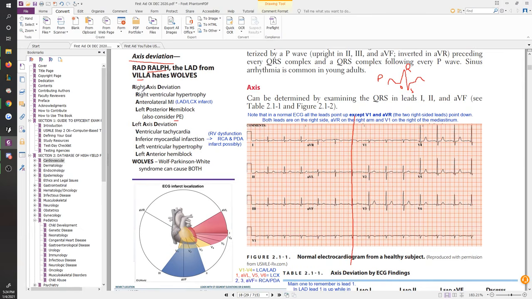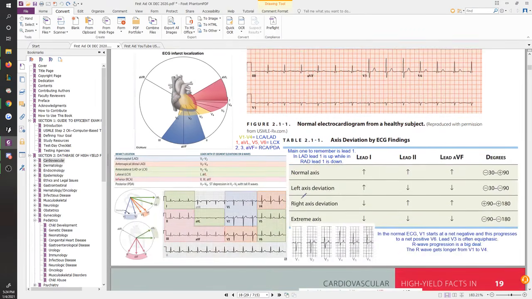Is it a right ventricular hypertrophy? Is it an anterolateral MI? Is it a PE? You'd have to do more management, more evaluations, more tests need to be ordered, right? And that's kind of what your CK exam is all about, which test you should order next. And that's something that you have to get really good at because although on the surface it seems like a pretty simple question, you know, what test should you order next?